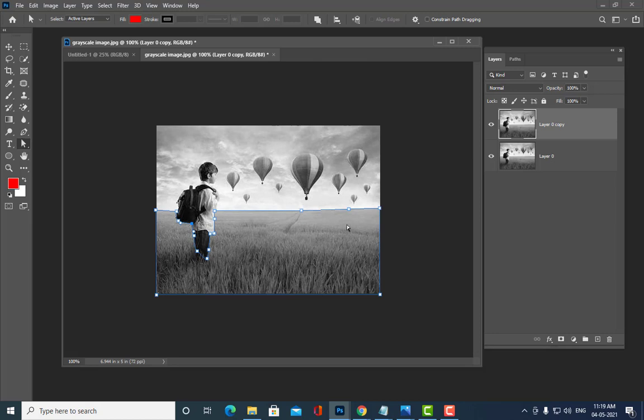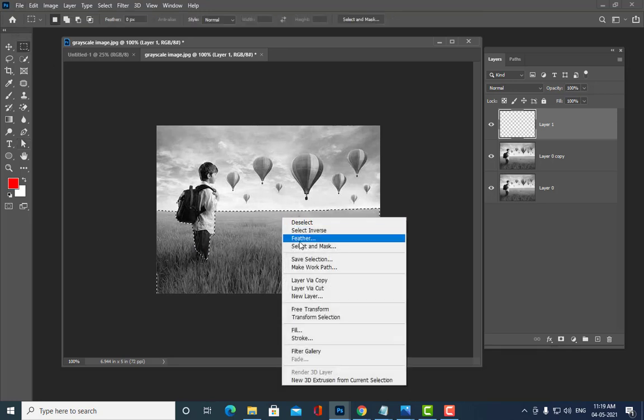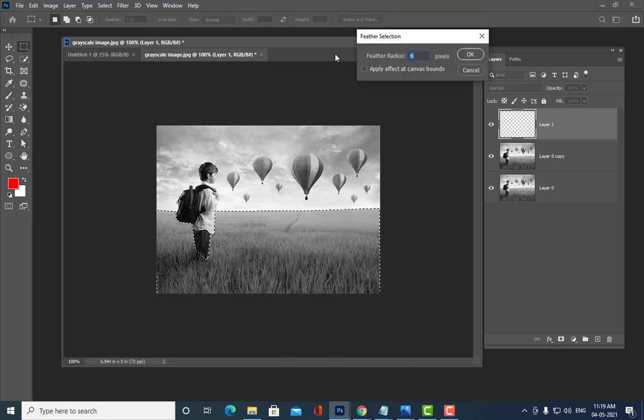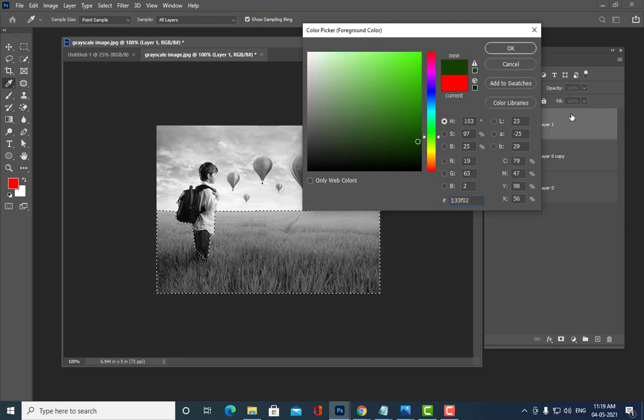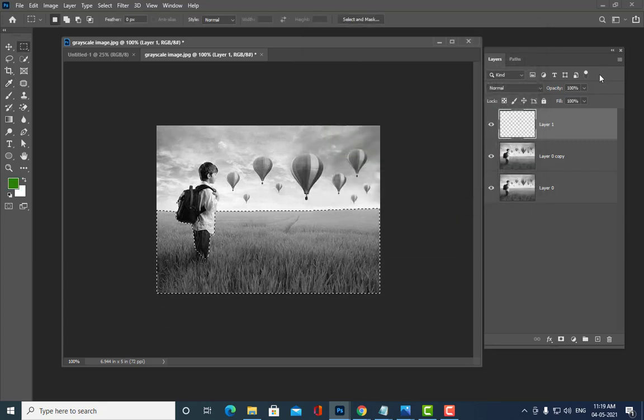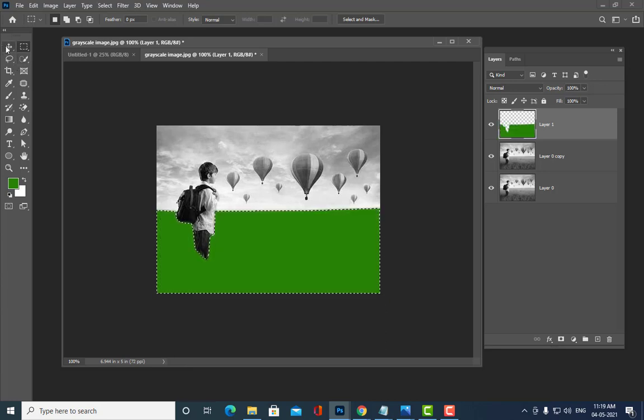After selecting this, what you have to do is take a new layer, Control Enter. Then we can give some feather. Then I will take one green color, a little bit green, and then we'll use Alt and Backspace.